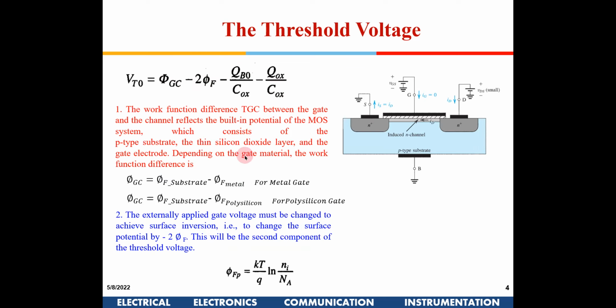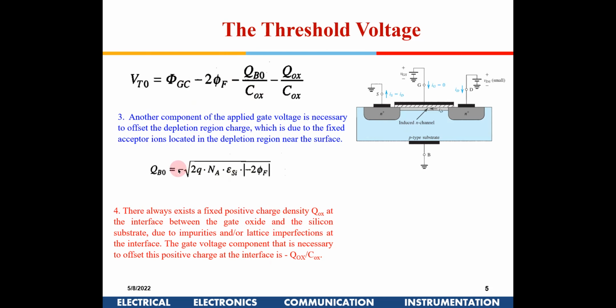This negative gets cancelled because NA, the dopant concentration out here, will be more than Ni, the intrinsic concentration. So there will be a negative, and negative, this will become positive. Similarly, here there is a negative out here. Because the capacitance has been formed here, you have to overcome that capacitance also to create a channel here. So it will create a net positive effect on VTO, right? And finally, you have the Fermi potential of